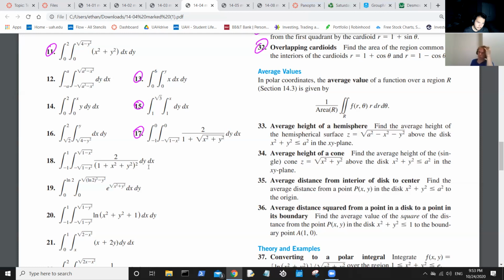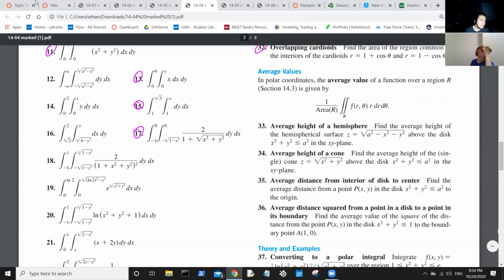And the bottom one is y equals negative square root of 1 minus x squared. So you square that, and that's going to be 1 minus x squared when you plug it in for y. So if we're getting it in terms of r,